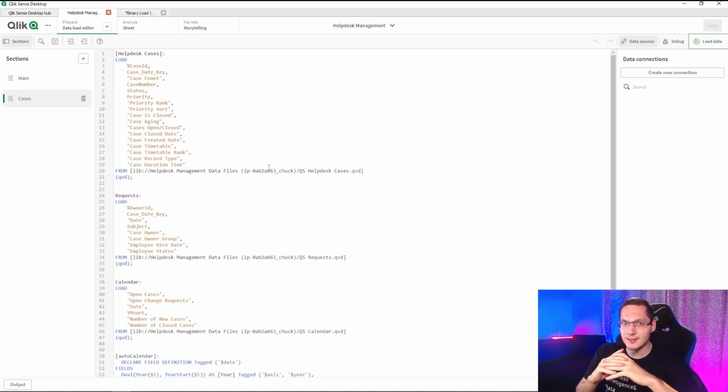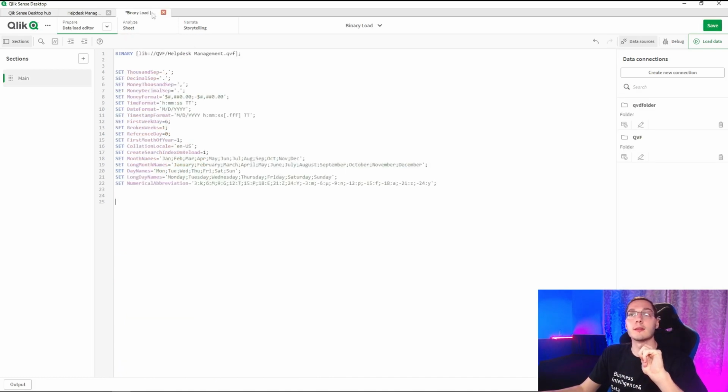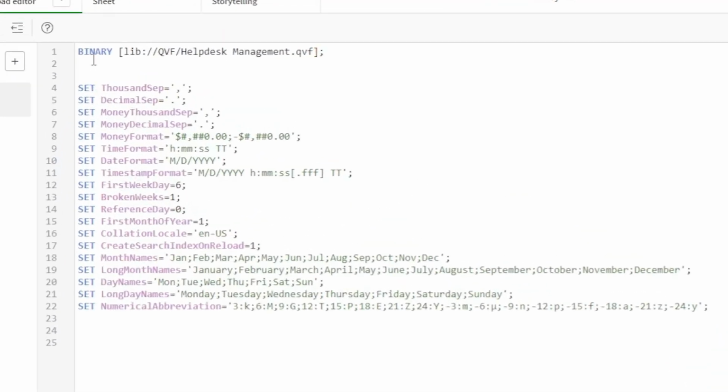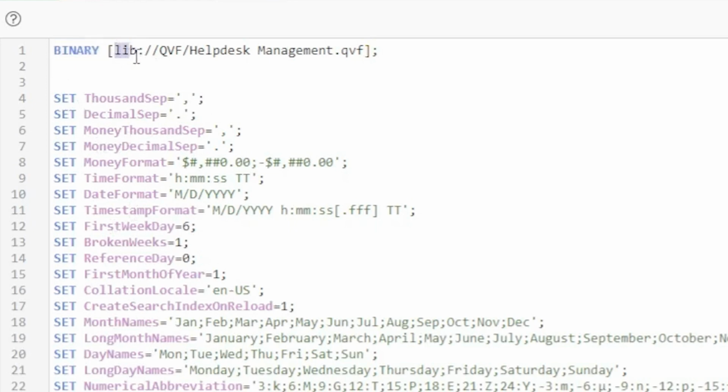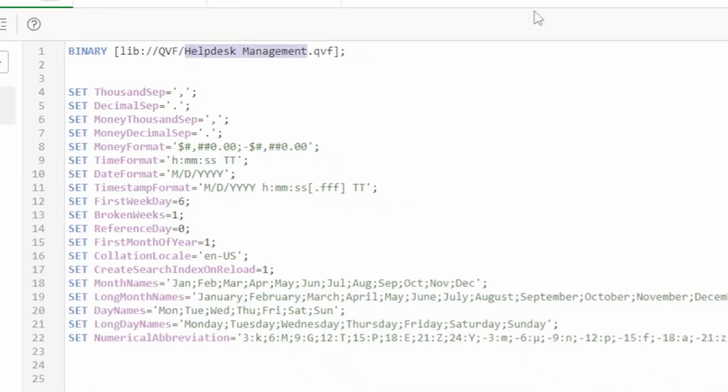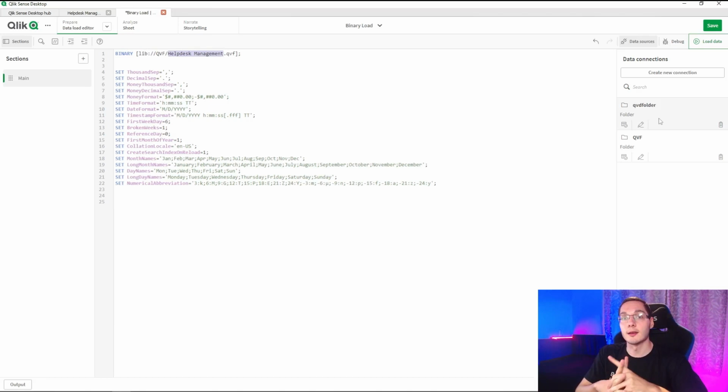So how do we do that, Zaparoli? I will show you, my friend. So I have created another Qlik Sense application here that's called binary load, and I already put the binary here. Basically the syntax of binary load is very simple. You type binary here, and then the folder that your app is currently at. So here I have created a lib folder to my desktop, because this is Qlik Sense Desktop, and the name of my app here. If you are using Qlik SaaS or Qlik Sense Enterprise, there would be a bunch of numbers in the place of the name here, you know. And that's basically it.